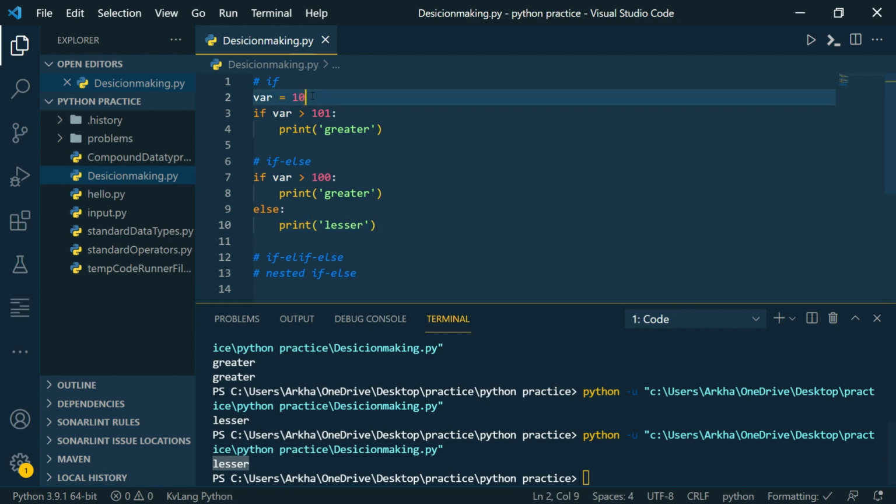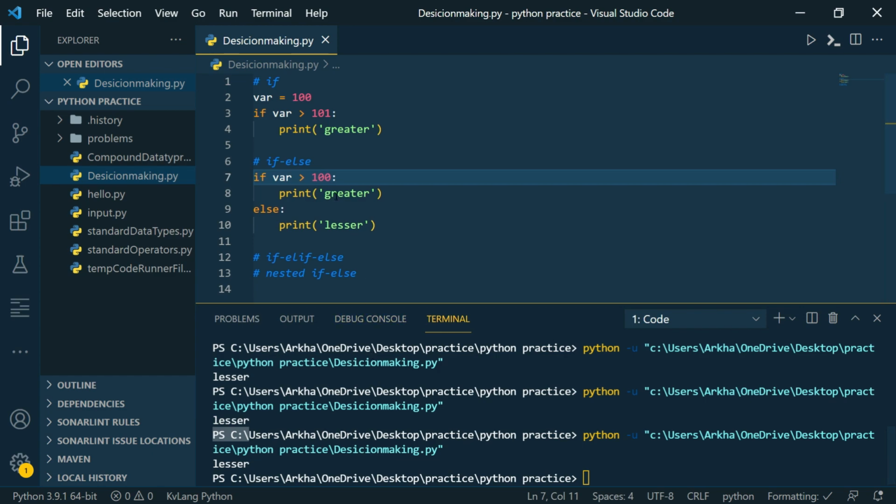So let's make var 100. We'll see that 100 is not lesser than 100, but it is neither greater than 100, that means it is equal to 100, but still lesser will be printed because this condition is false. That means 100 is not greater than 100, so the else block will be executed by default, and lesser is printed.